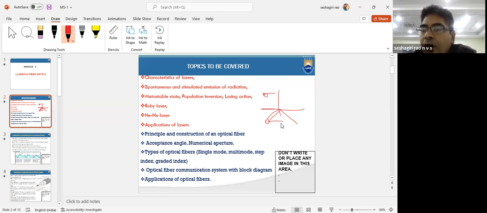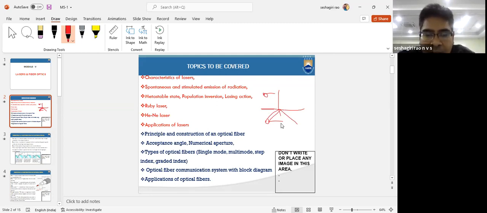I'll show you how the light will get reflected, because we have so many parameters. So light traveling along the normal, along the medium, right? That is along 90 degrees, where we find the critical angle and all. I'll show you that. But before that, let us discuss some of the contents to be